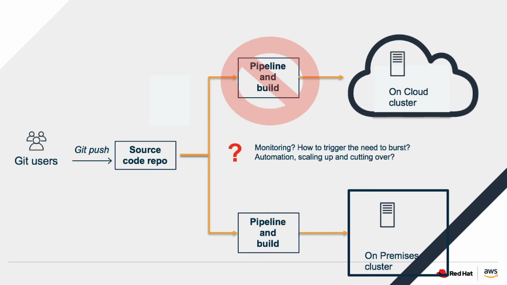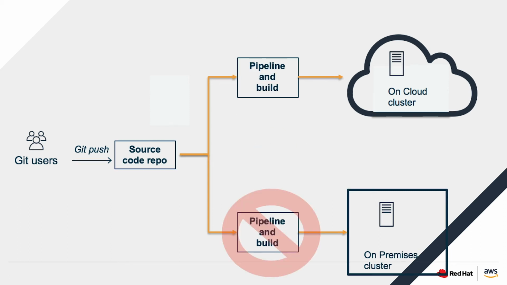So as we can see over here in this architecture, we have a source code repository, we have a pipeline that is going to the on-premises environment, with monitoring in the picture. When the scale requirement manifests, some form of automation, potentially Ansible in this case, comes into the picture, disables the on-premises pipeline, and subsequently activates the cloud pipeline, redirecting the build process onto the cloud, spinning up the new architecture. And again, we'd need some sort of automation to update the DNS so that we redirect our incoming traffic to